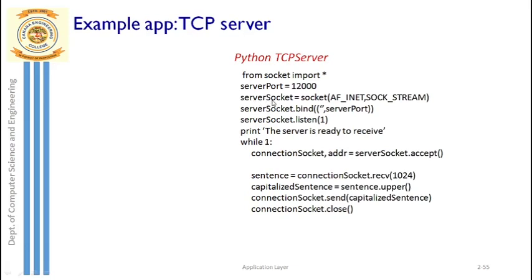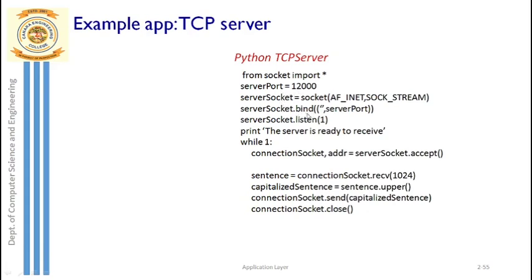So this is the first socket that you're creating, and remember that the welcome socket should be bound with the port address 12,000 only. I don't want any other port address for this welcome socket. It is 12,000 only. I've used the same in the client also, client side also, right? For sending the data. Then bind. This is the one which binds the 12,000 port number to our welcome socket at the server side.